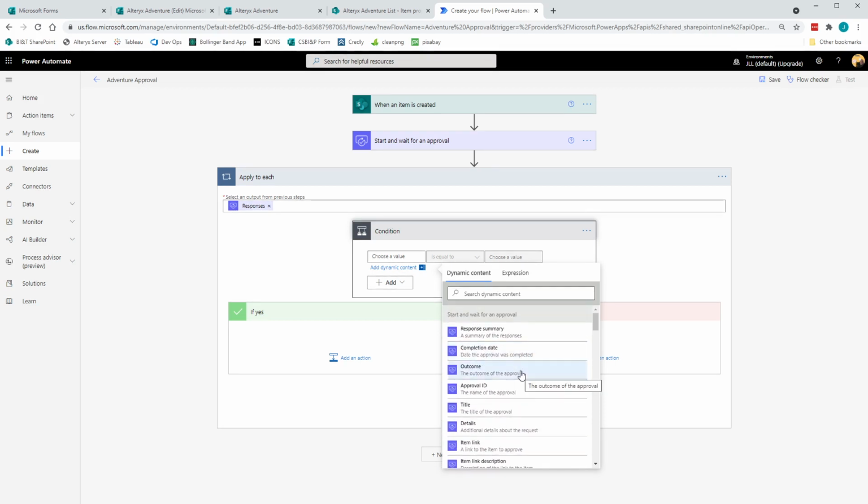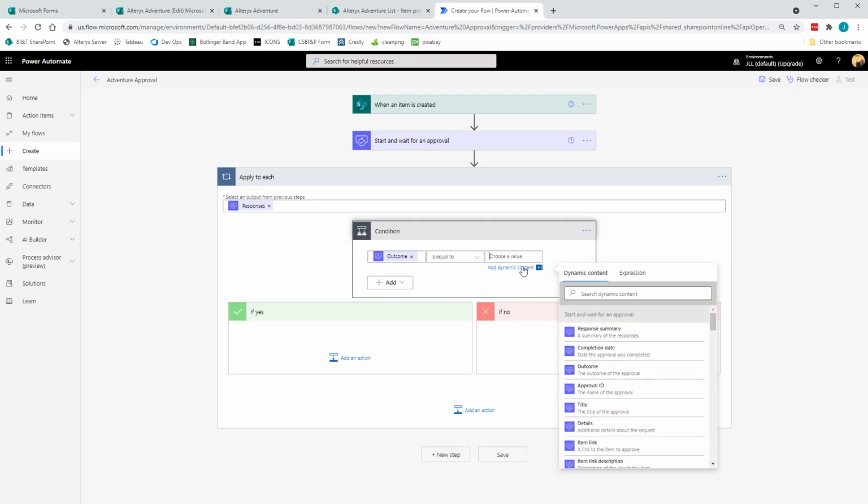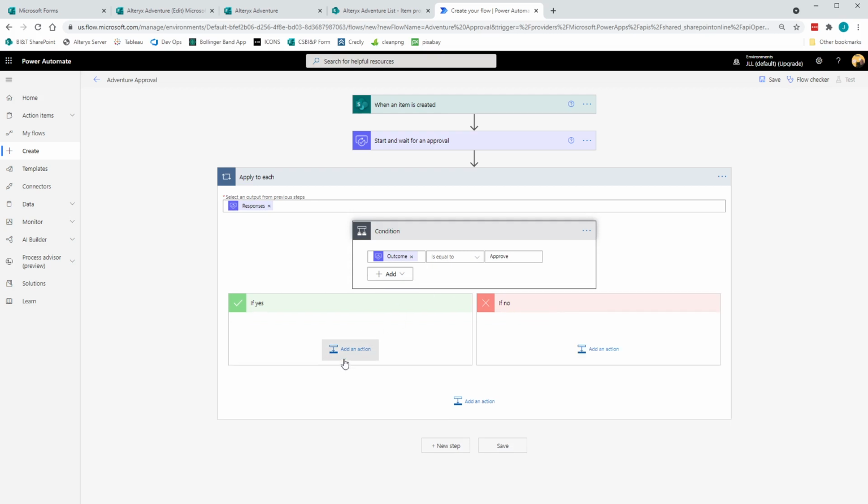Oh, outcome, sorry. And I want to check and see whether it's approve or decline. So on approve, I want to, and this will be the same on both the true or false,